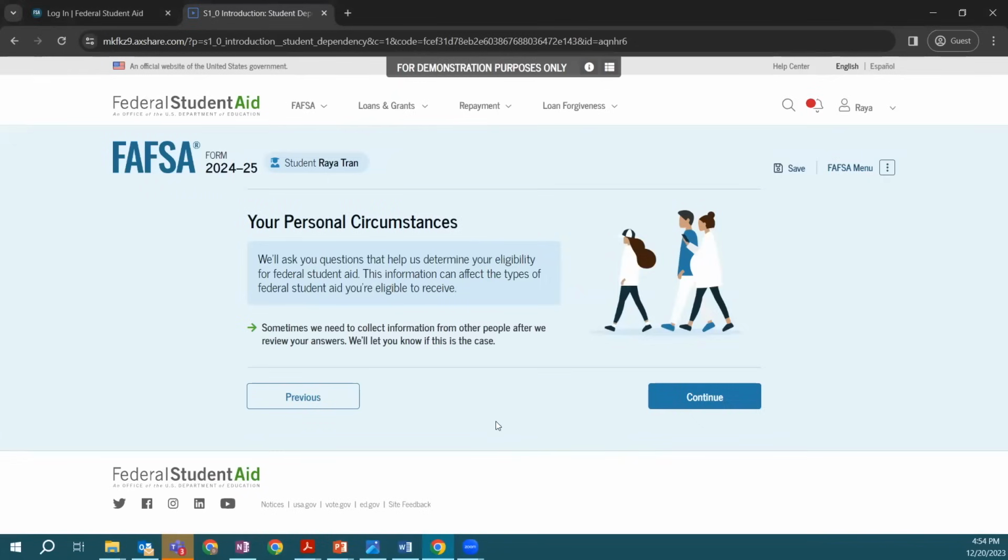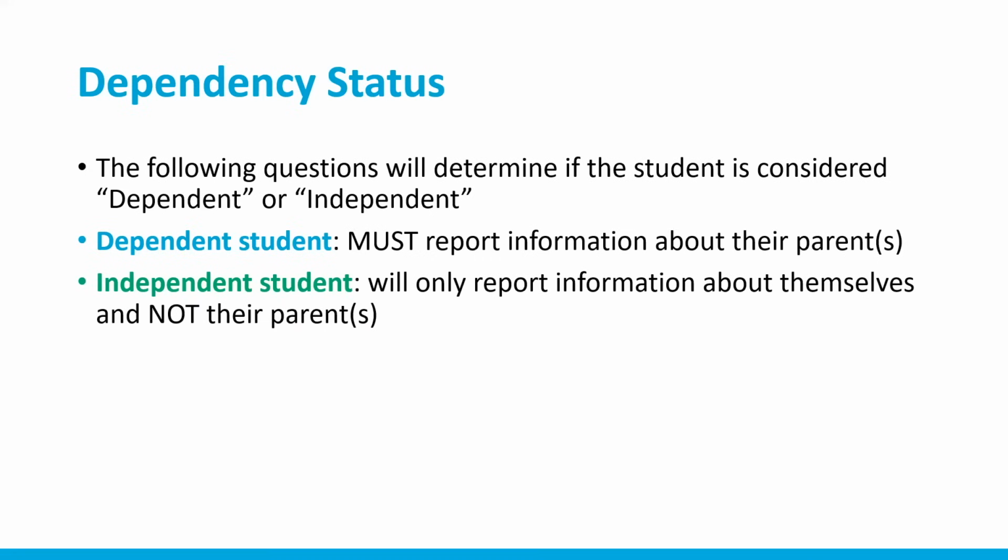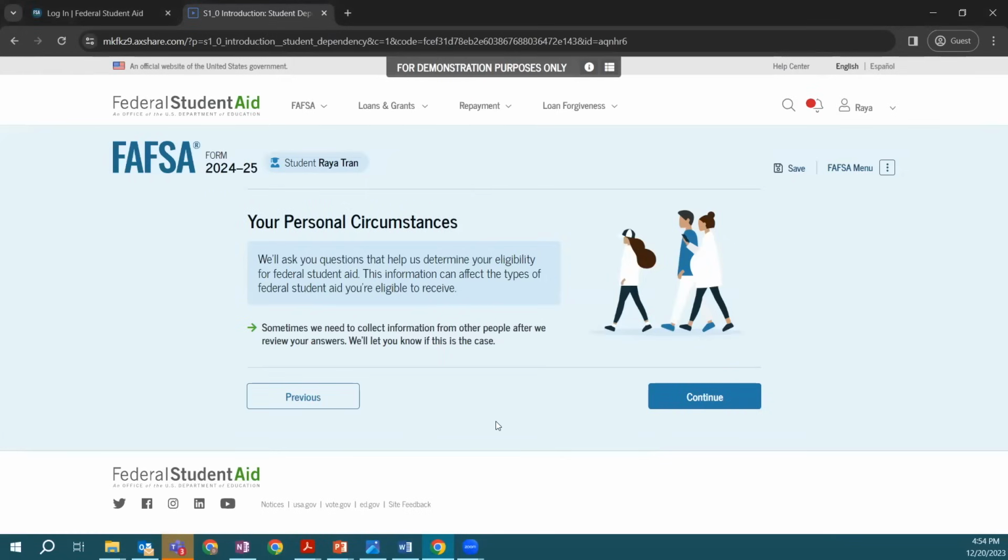Now, moving on from providing consent, let's delve into the specific sections of the FAFSA form. The first section is the Personal Circumstances section, where we determine the student's dependency status. Dependent students are required to provide information about their parents on the FAFSA form. Independent students will not need parental information. Additionally, in this section, we will determine which parents are required to complete their portion of the student's FAFSA,